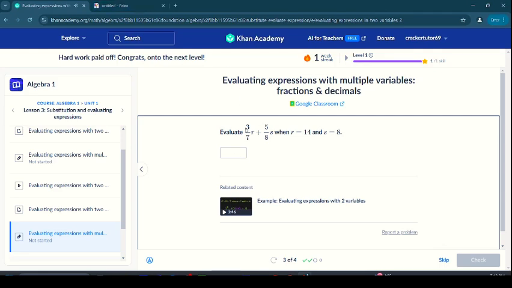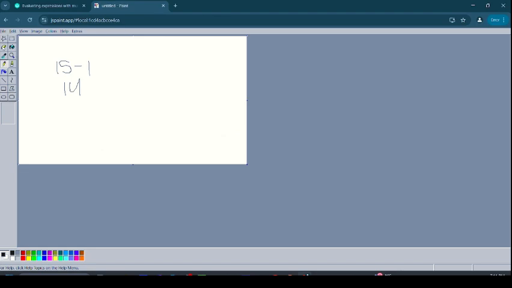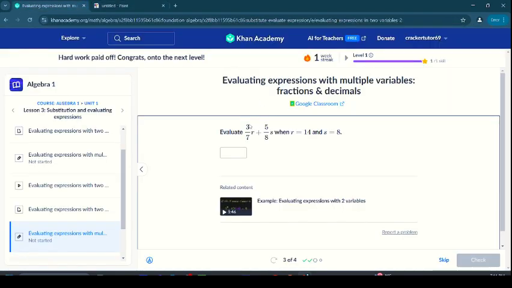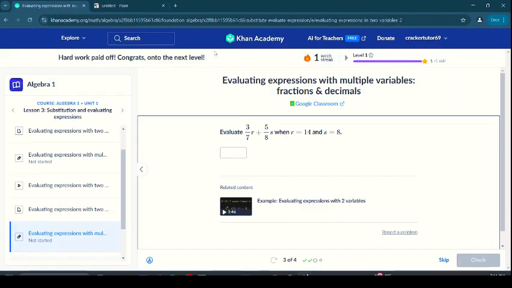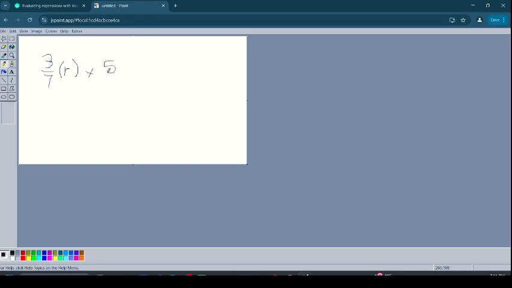Great. Now this one involves more complex fractions, or not as whole, but we can still solve it using our rule that we have developed here. So it would be our new one. Oh, okay. Well, never mind. Well, anyways, we'd have 3 over 7 times r. That's a 3. There we go. 3 over 7 times r plus 5 over